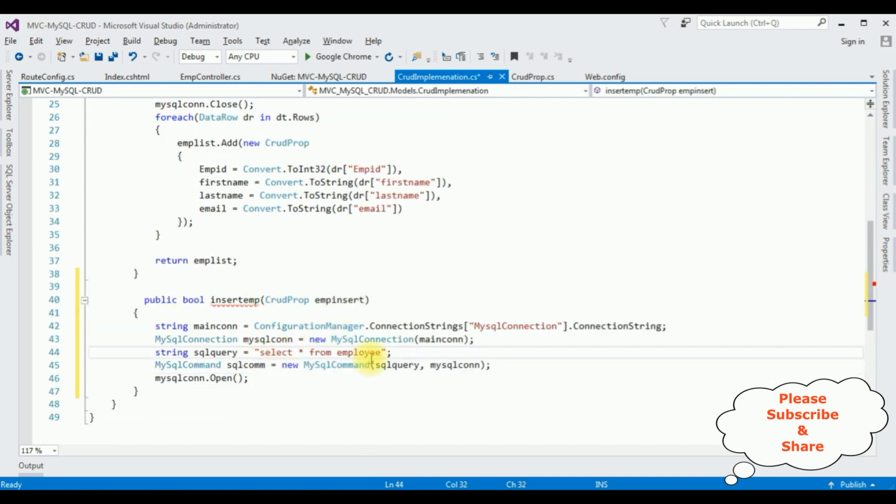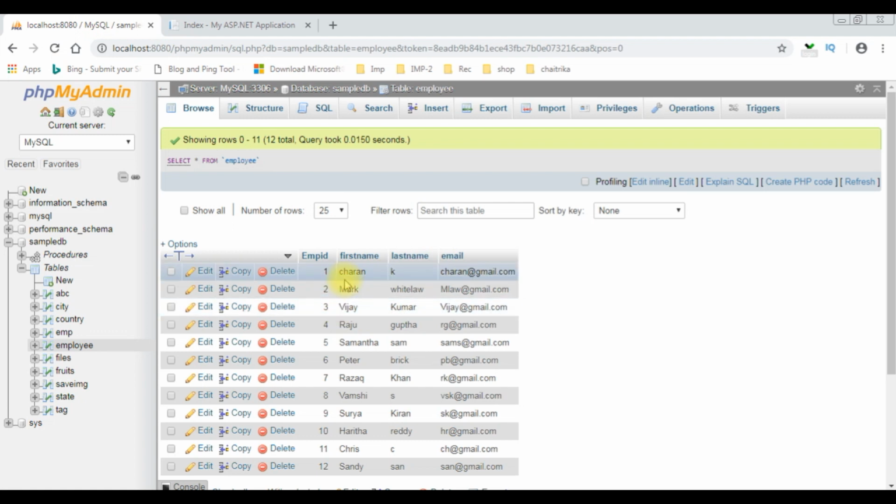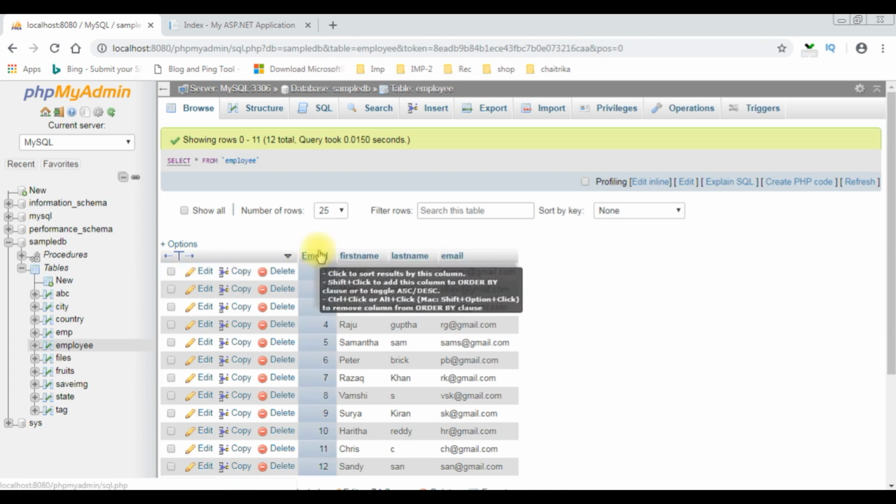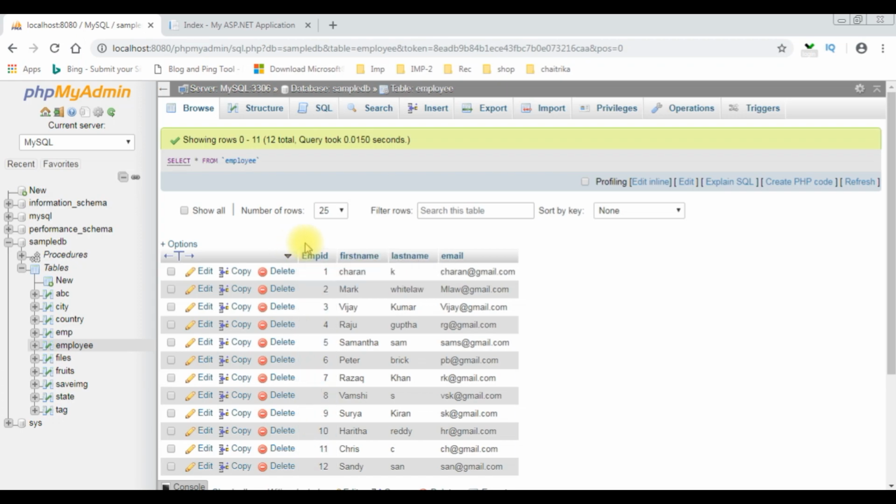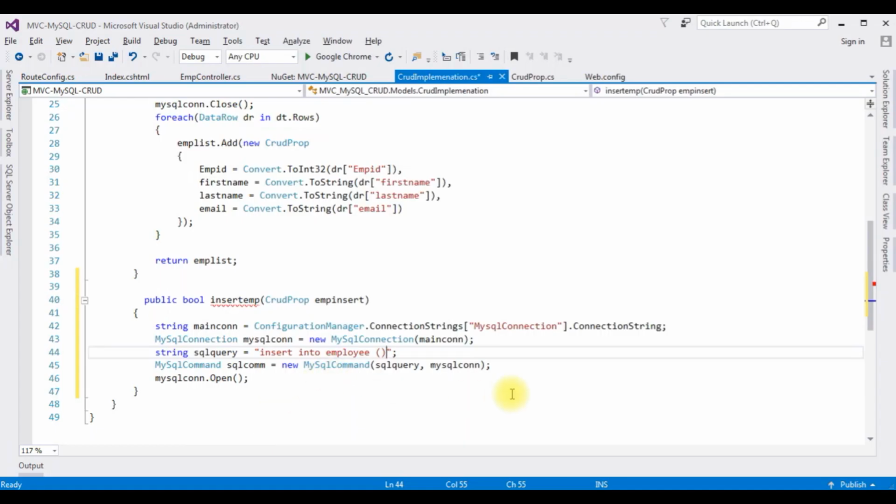The SQL query is the insert statement. Insert into table name is the employee. The column names: I want to insert the first name, last name and email, whereas the EmpID is the auto-generate column, so I am not adding the EmpID column. First name, last name, email, values,